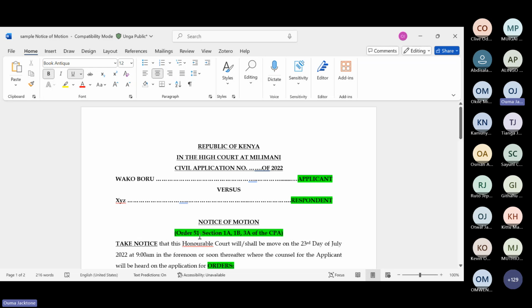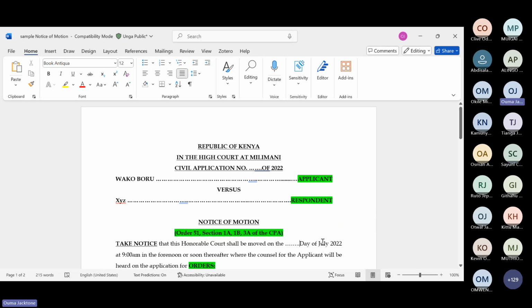Okay, that is that. And we have always said that a notice of motion will just be introduced in the same manner. Are you together?